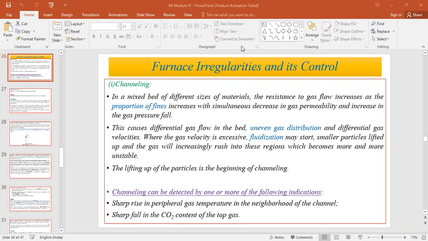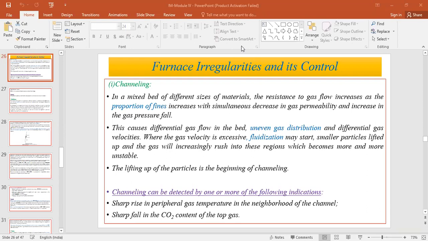So, good morning. Today, we will discuss furnace irregularities and their remedies. In the blast furnace iron making process,